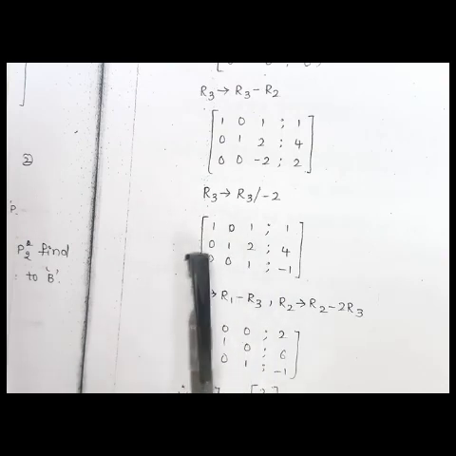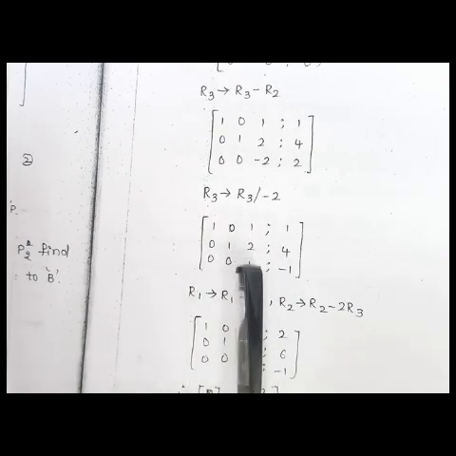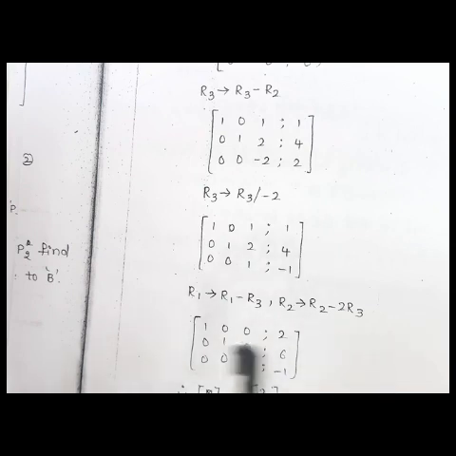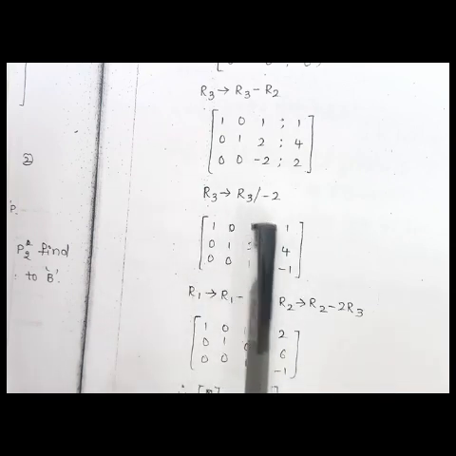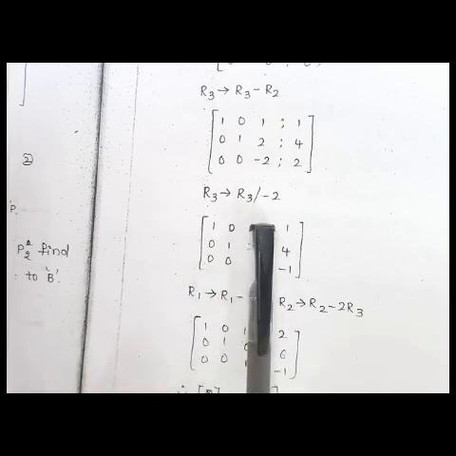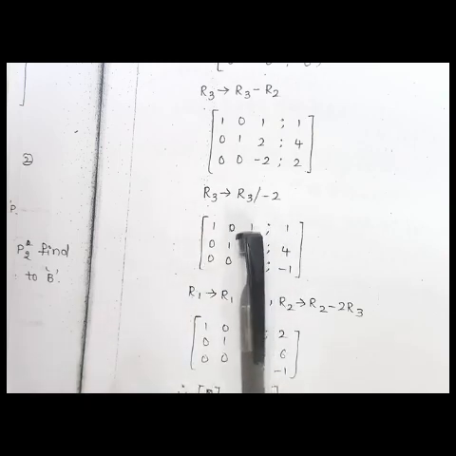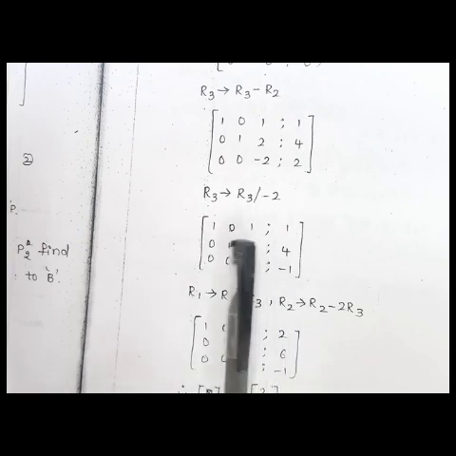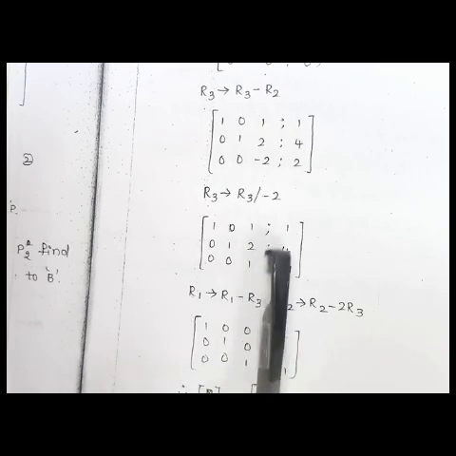Like here 0, 1 is there, here we want to convert this into 0. So what can we take here? R1 is nothing but, here we should convert this into 0, that is R1 minus R3, then it will be 0. In the same way, this can be converted into 0 by taking what? R2 minus 2 into R3, then this value will be 0.